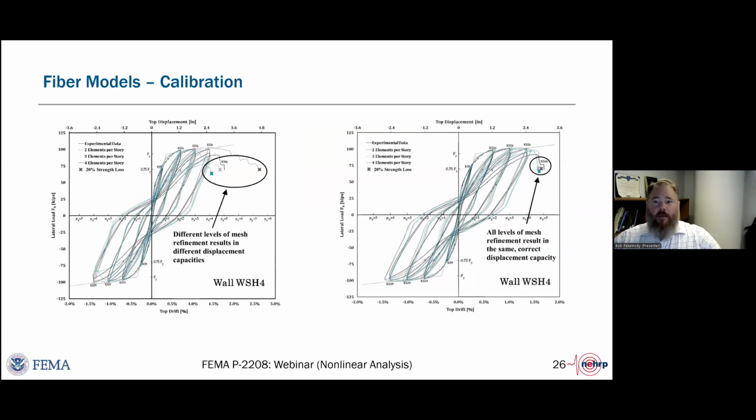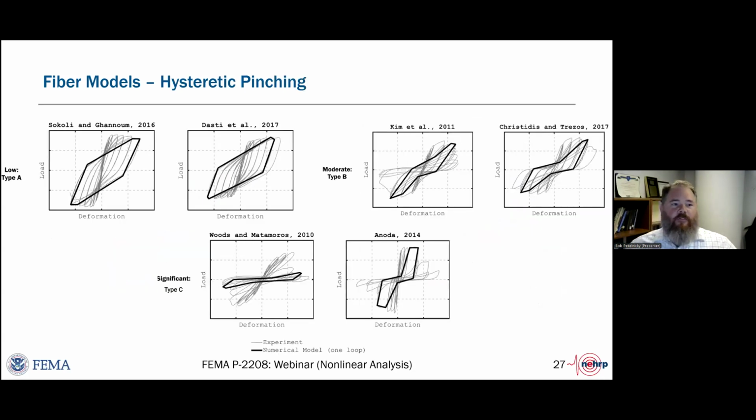And so we recommended that the provisions say if someone chooses to employ fiber models, they have to provide some level of calibration back to either research testing or the backbone curves identified in the standard or standards referenced therein, like AISC 342 or ACI 369. And they also have to match the hysteretic shape, not just match the quadrant 1 and quadrant 3 force displacement relationships.